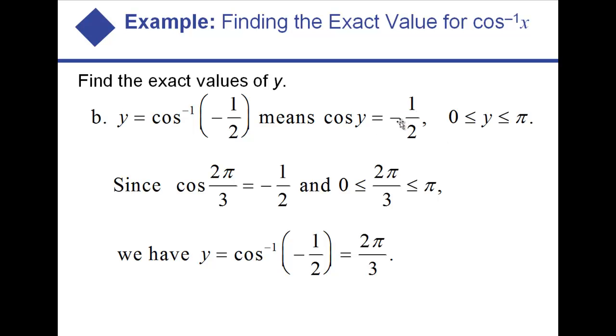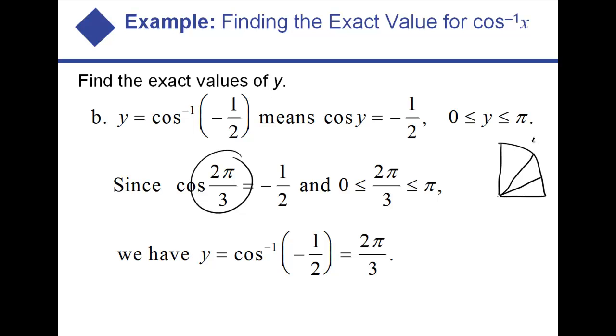Cosine equals -1/2, right? Cosine of what equals -1/2? Well, cosine of 2 pi over 3 gives us -1/2. And since that's in our interval, we're good to go. Right? And our reference angle, our reference quadrant,